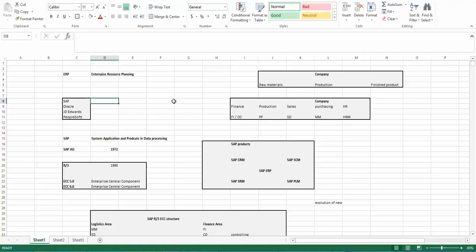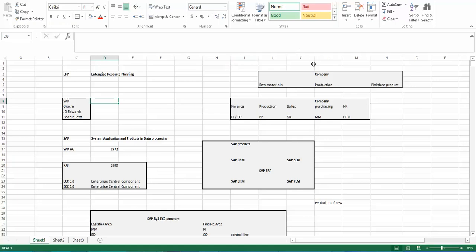If that is not performed, the ERP is of no use. So usually ERPs record the data, the daily transactions going on in the business, and also reproduce the reports using the data recorded, so that the senior managers, the company's management, directors, and the key people could take decisions for the profit of their organization.